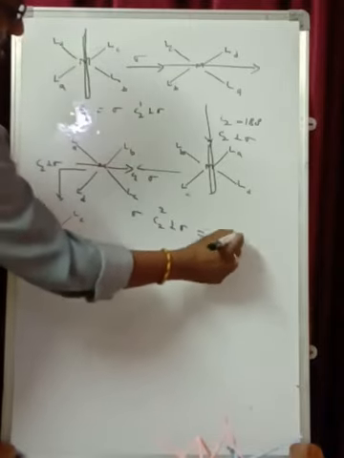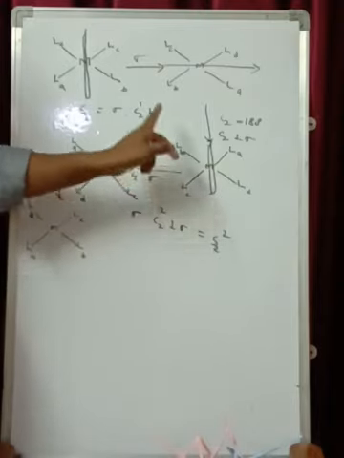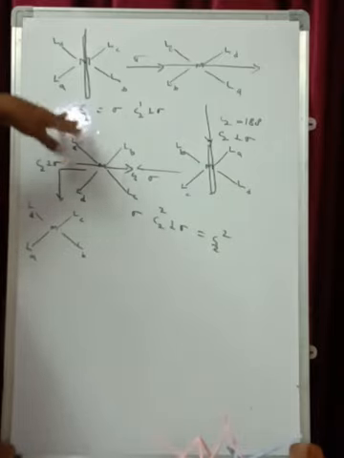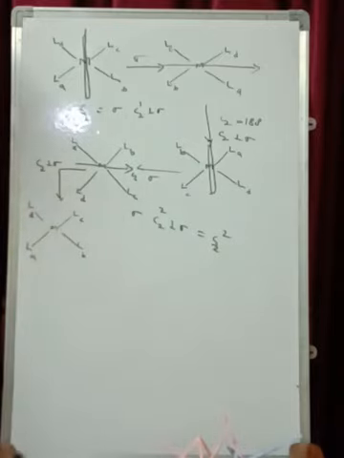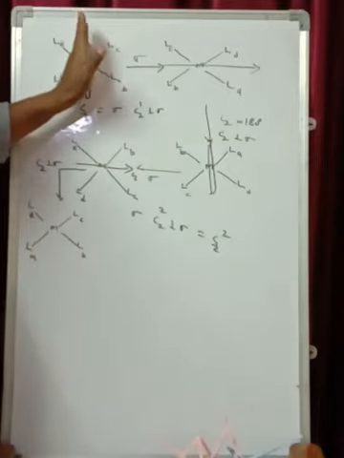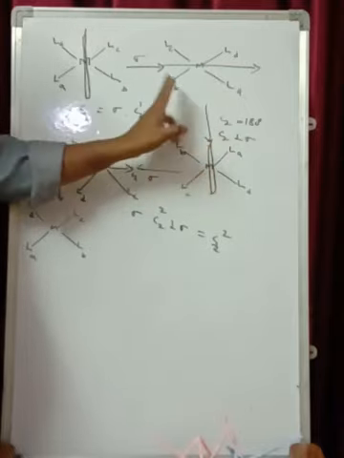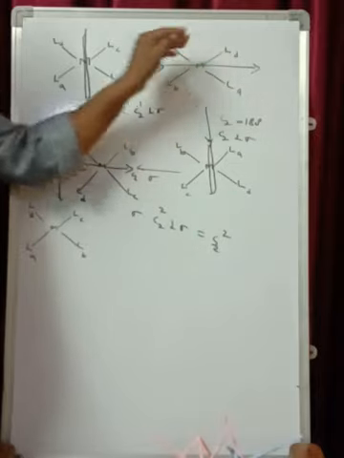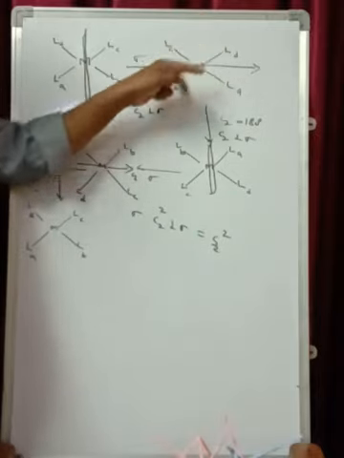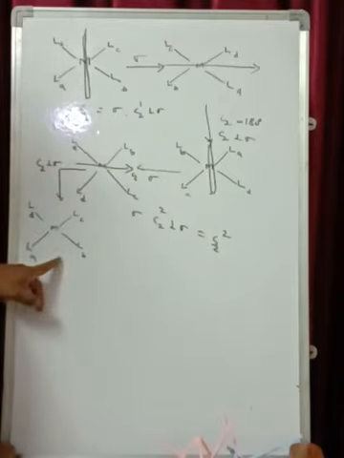This will give you what? S2 squared. So in the case of a square planar molecule, you have an S2 improper axis of symmetry. Not only S2, it also has an S4 improper axis of symmetry. Hope you understood this part regarding the ML4 square planar complex. Initially, reflection is done along this plane, followed by rotation perpendicular to sigma. Since the plane of reflection is like this, rotation should be done along this perpendicular axis. Therefore, you get your equivalent structure. This is again repeated so that you get your identical structure finally.